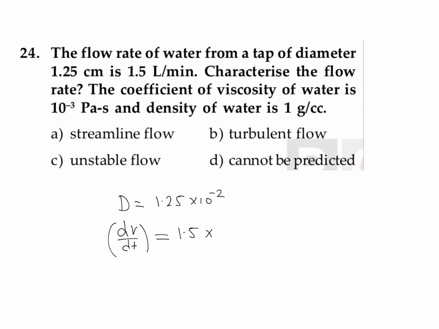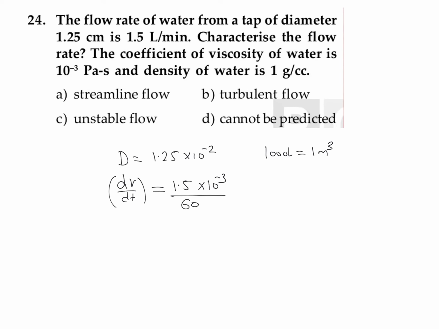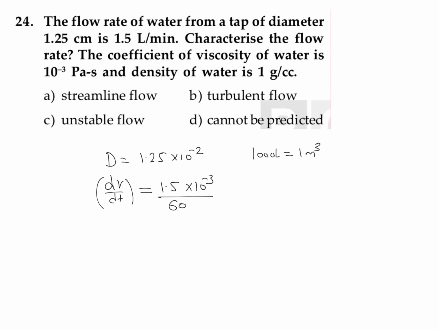minute. We know that 1000 liter is nothing but 1 meter cube. So we can write 1 liter is nothing but 10 raised to minus 3 meter cube. And in a time of 1 minute, we can take it as 60 second. So this will be the value of dV by dt, the characteristic flow rate. The coefficient of viscosity of water, the value of eta,